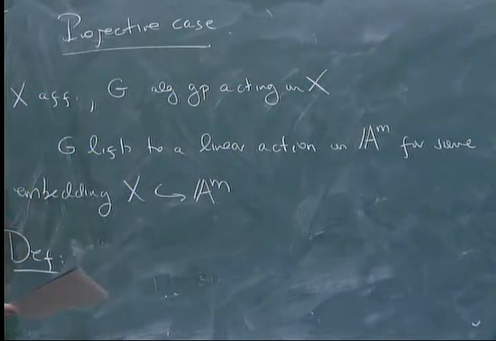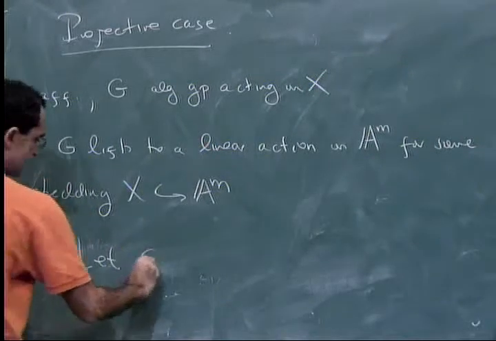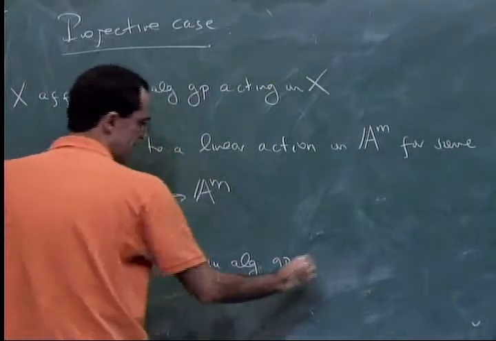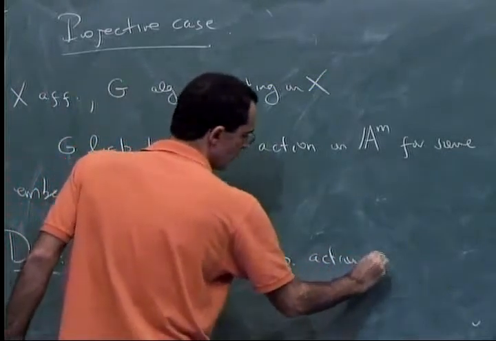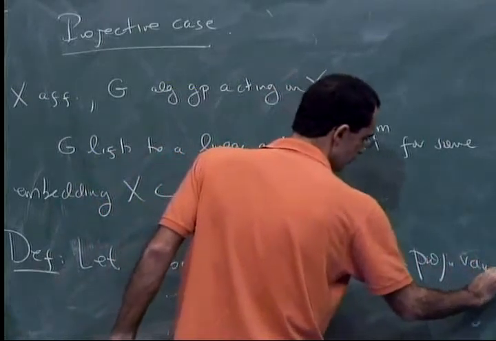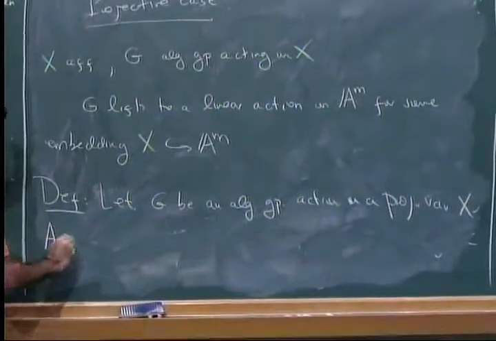Something like this happens for projective varieties. So definition: let G be an algebraic group acting on a projective variety X. Then a linearization